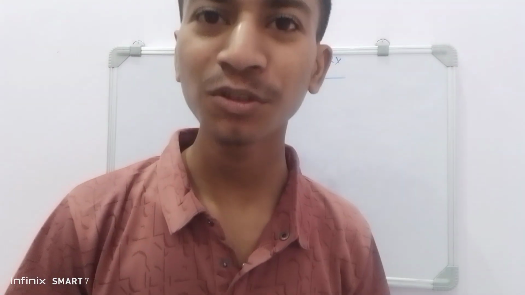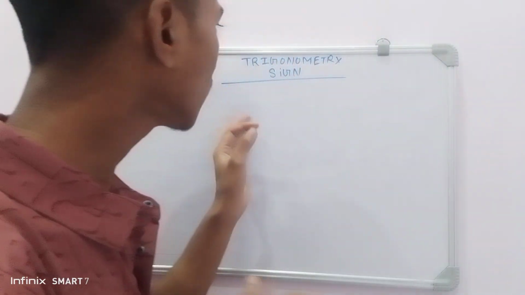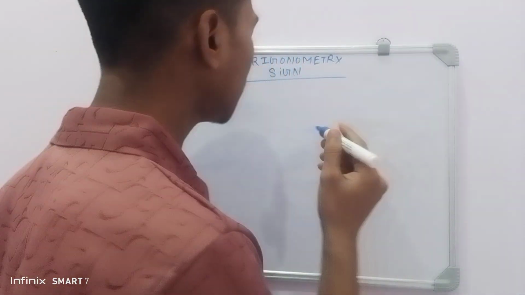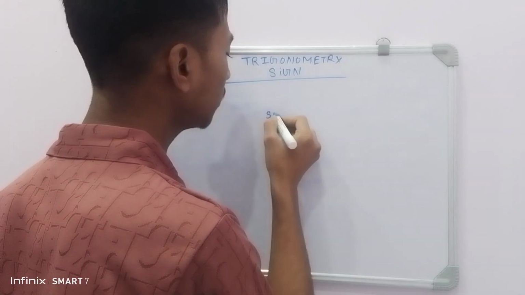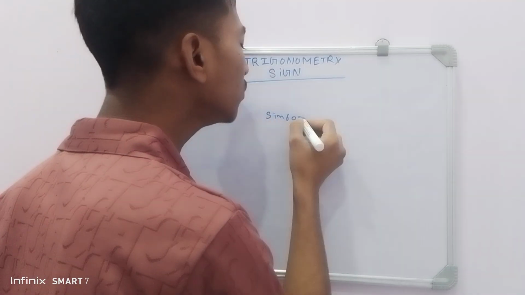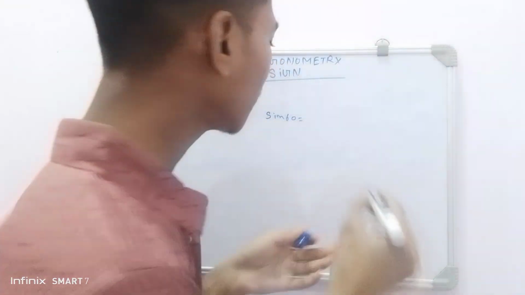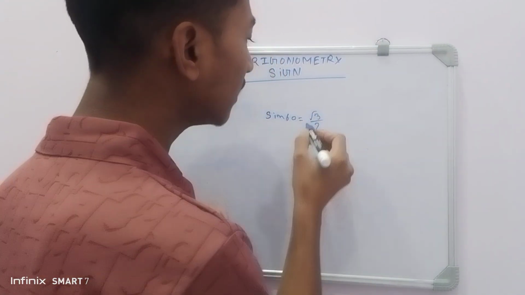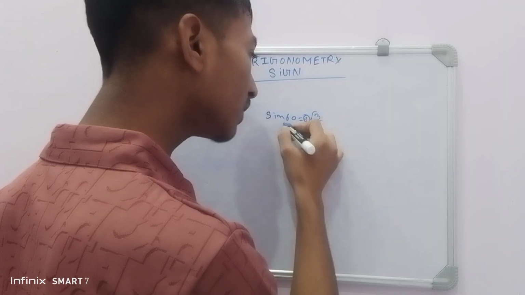Now guys, I am going to talk today about what the trigonometric sign is when the angle changes. Let's suppose I tell you to find the sine of 60 degrees. You know the value of sine of 60 degrees, which is root 3 by 2. But if I ask you whether the sine is positive or negative, you will say the answer is positive, and this is